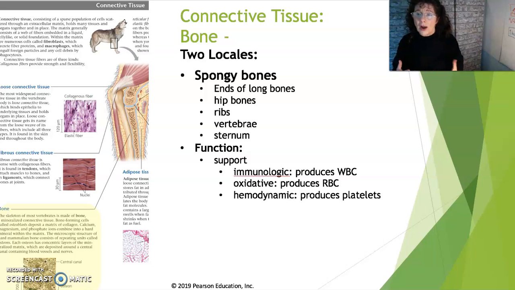Spongy bones are at the ends of long bones, at the ends of your femur, at the ends of your tibia, at the ends of your radius, at the ends of your clavicle as well. At the ends of long bones, you will find spongy bones. At the ends of hip bones, ribs, vertebrae, sternum, all of the bigger bones of the body at the ends will have spongy bones. And there's a twofold function of that. It adds a little bit of compressibility to the ends of those long bones to protect